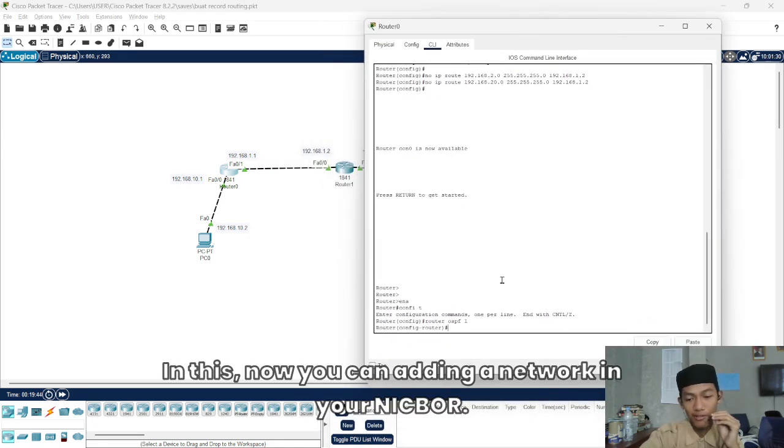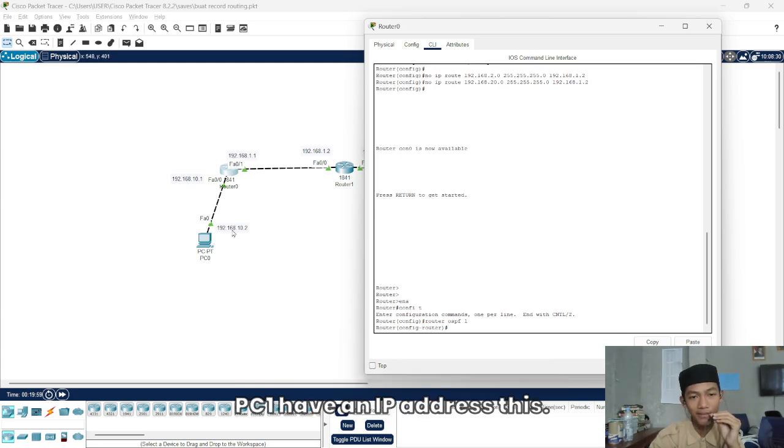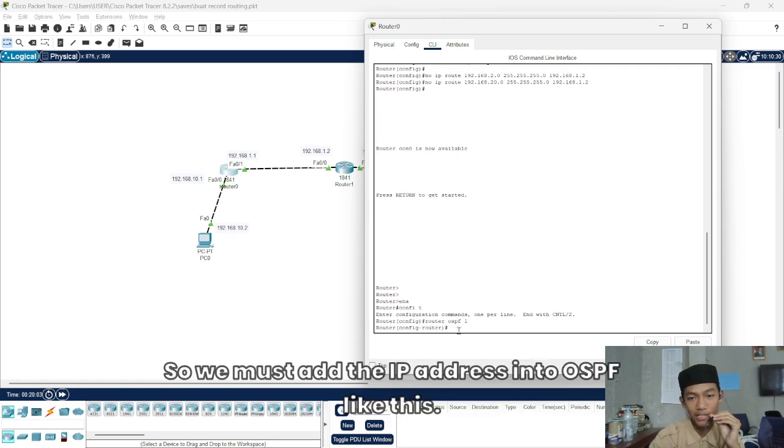Now you can add a network. For example, in router 1 there is the network of PC1, and PC1 has this IP address. So we must add the IP address into OSPF like this.